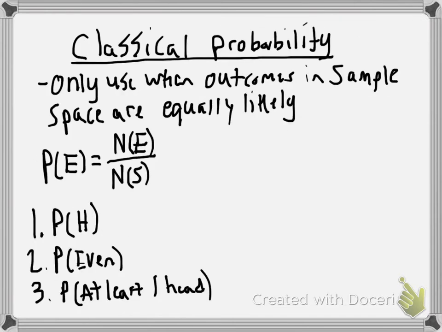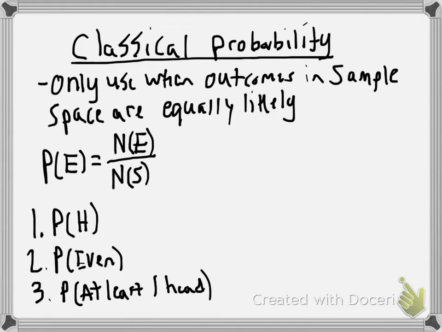Okay, from there we move on to classical probability, which is a way of assigning probability without conducting an experiment. It's sometimes called theoretical probability, where you can come up with an expected outcome for an experiment without actually conducting the experiment. You can only use classical probability when the outcomes in a sample